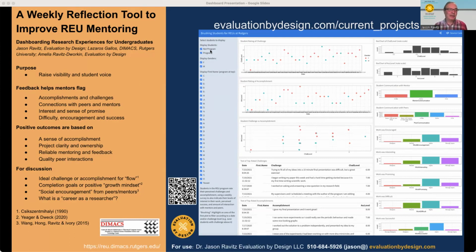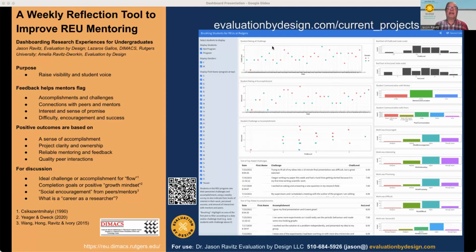And actually, originally I was just evaluating one particular program, but when they saw this, they wanted to use it with the whole university. So I got to get non-program data too, which was cool for evaluation. It added a whole other level. It also explains on the left that students have the ability to brush data, which means that you could select particular students and it would update the data instantly to show their experience.